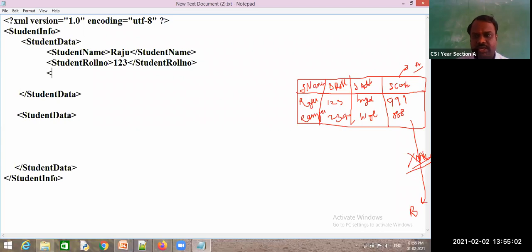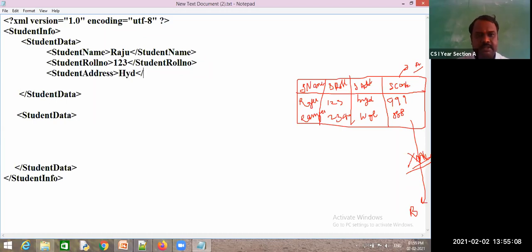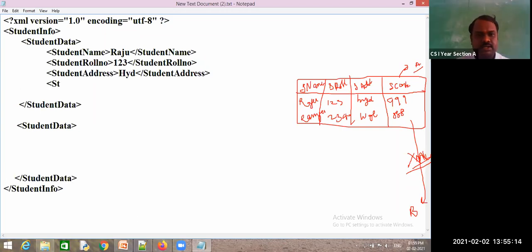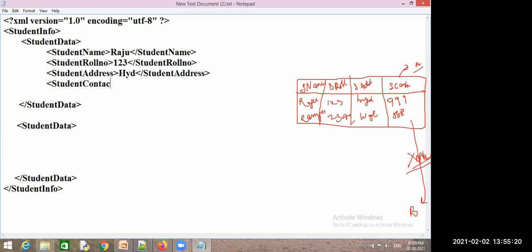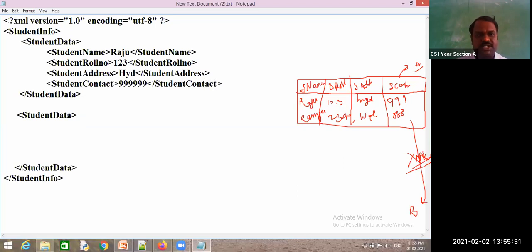Next, the third column: student address, and this is Hyderabad. Then student contact, and this is all lines. So this is one student's information.